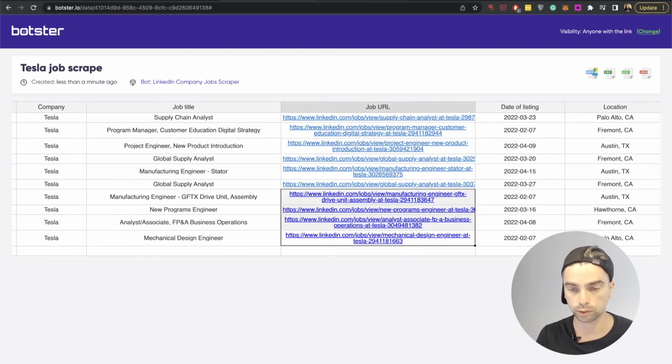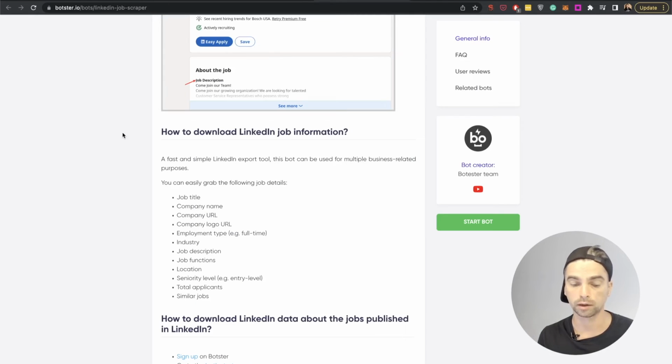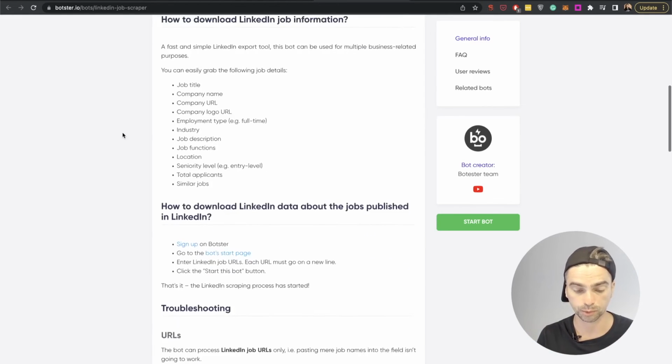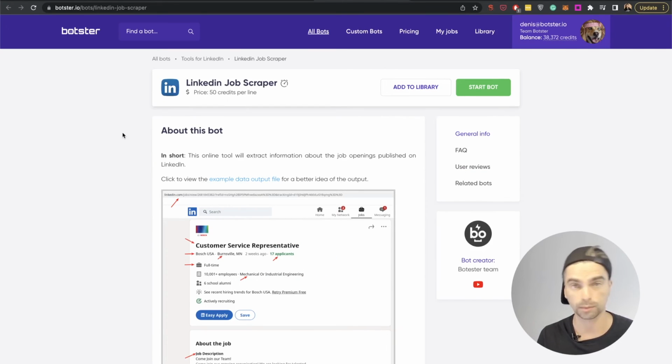And now let's go to our second bot, which is called LinkedIn Job Scraper. Now it's a really straightforward bot. You basically give it a link to a job post and it retrieves additional data such as the job title, the company name, the job description, the job functions, and so on and so forth. Of course, there's a description provided on this bot's page, so make sure to go through this information when you